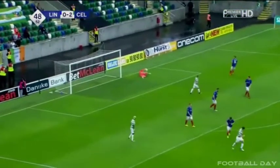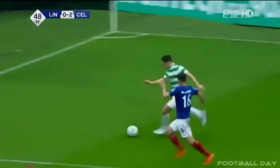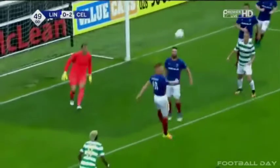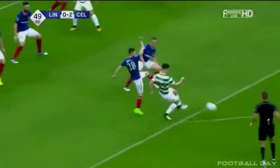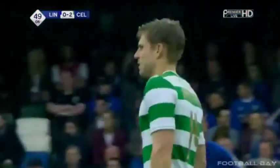Armstrong, good curling effort from Stuart Armstrong. Roy Carroll saw it coming. Yeah, again, good play from Forrest, and who's on the end of it again, the left back. Tierney takes it on his chest, thought he was going to strike it, just sets up Armstrong, who tries to curl it with his right foot into the corner, but